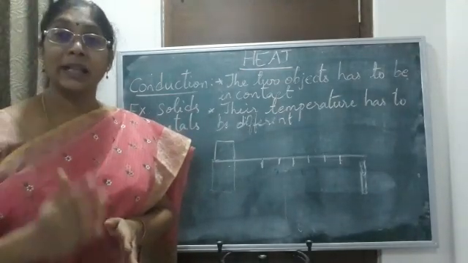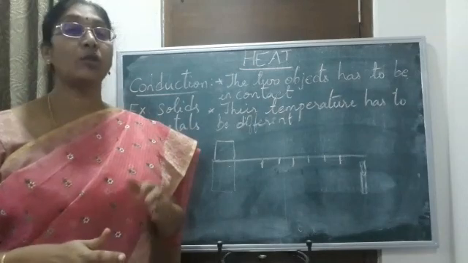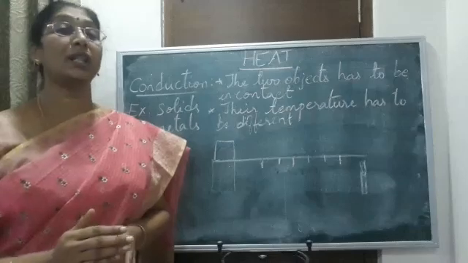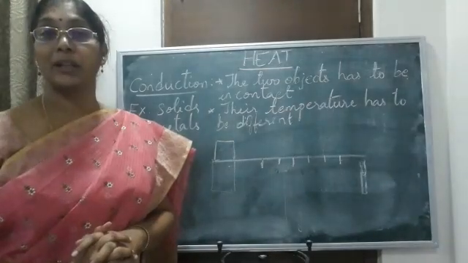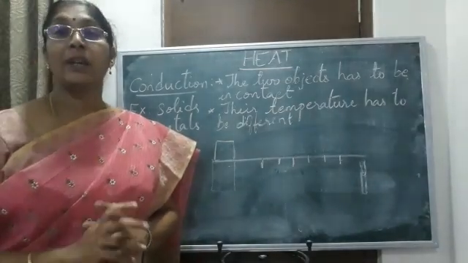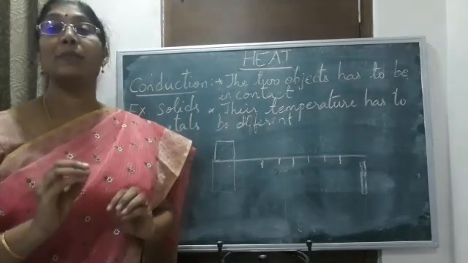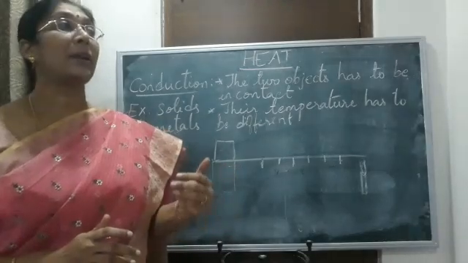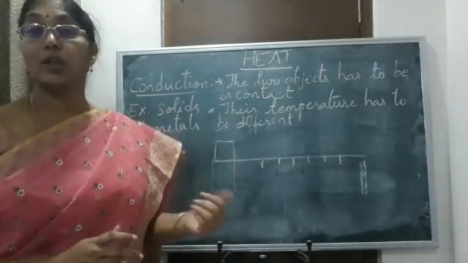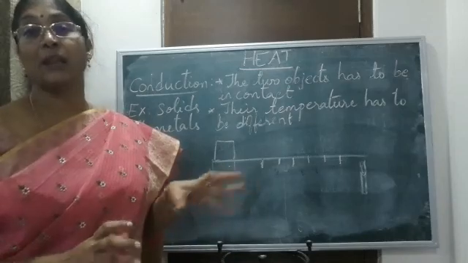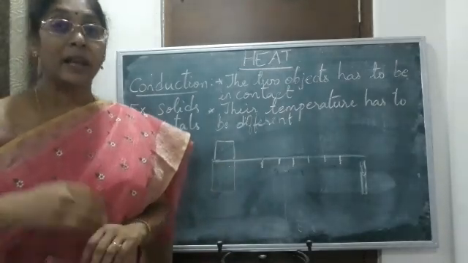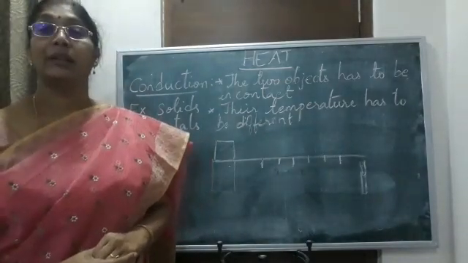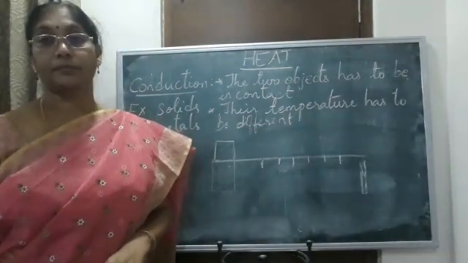Then we have learned about the other type of thermometer, the laboratory thermometer, how to read a laboratory thermometer, and what precautions need to be taken while using it. Then we learned a little bit about the maximum-minimum thermometer, which is used for weather forecast, to measure the maximum and minimum temperature of the day by the meteorological department. Up to there we have learned. In the previous class I gave you a little bit of introduction about the types of heat transfer.